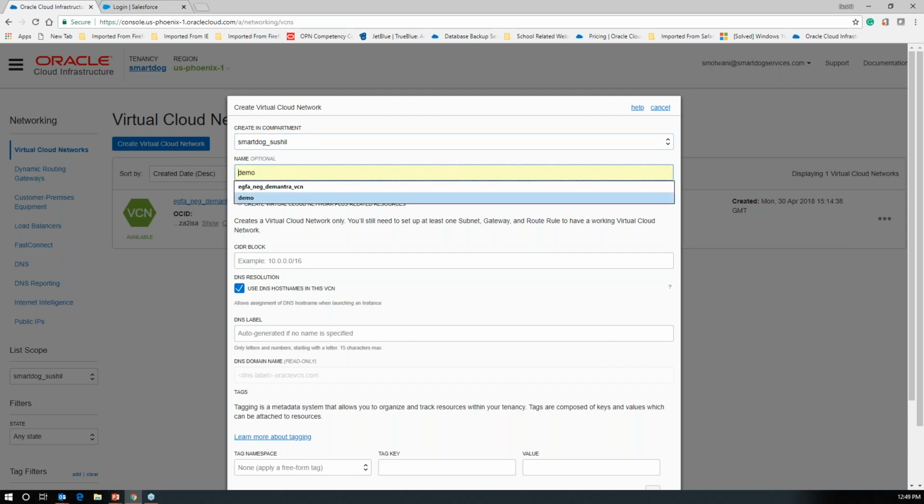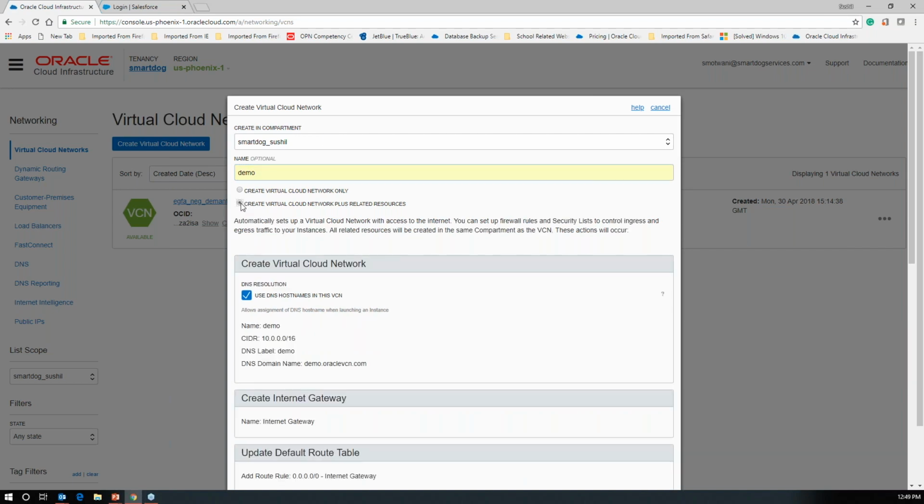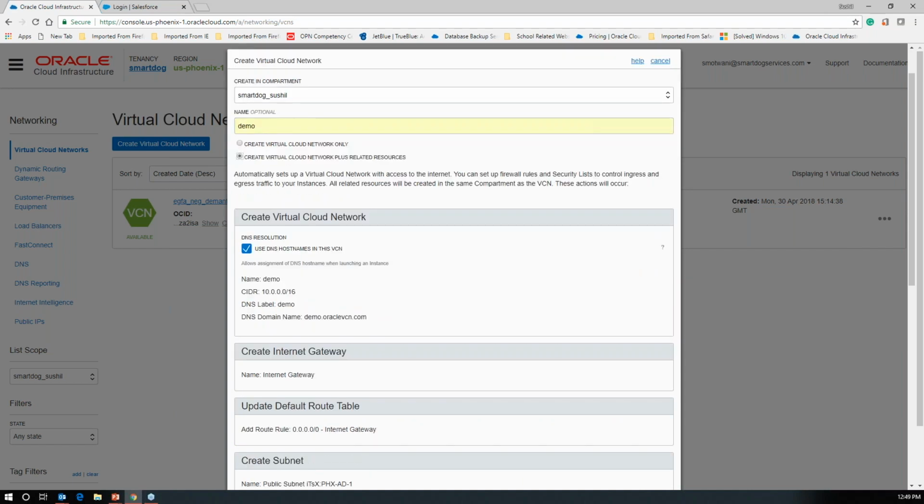I name it demo. By default, it may only create a VCN, and then you have to go and set up your own network as needed, which is what most customers will typically do. But for the purpose of this demo, I'm also going to have it create the subnets and everything else as needed. So it's going to create a virtual cloud network